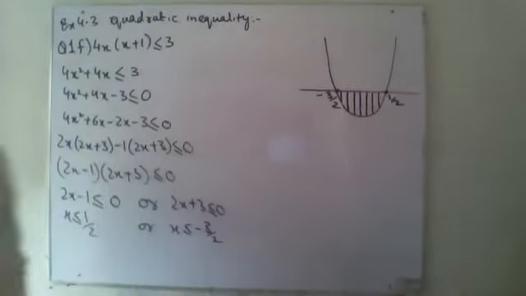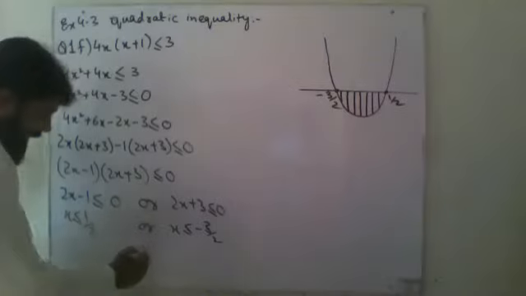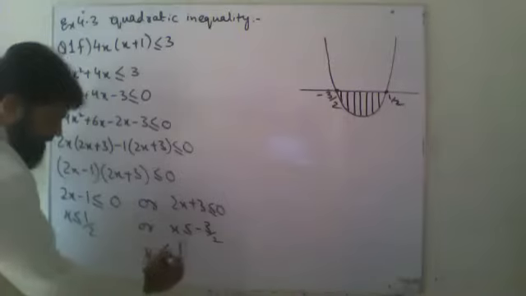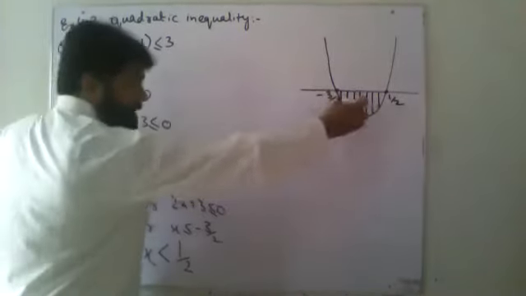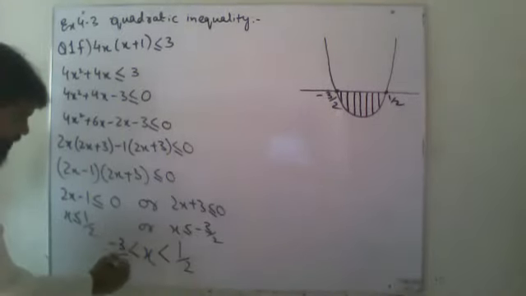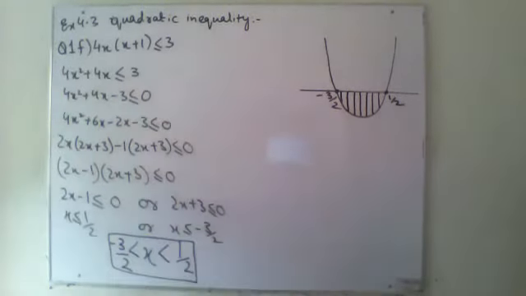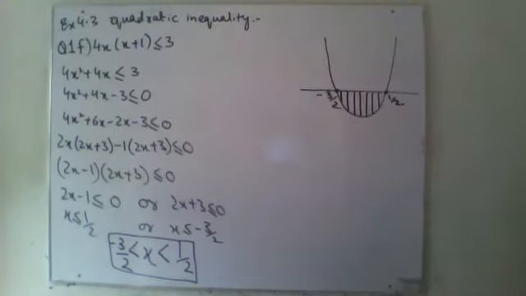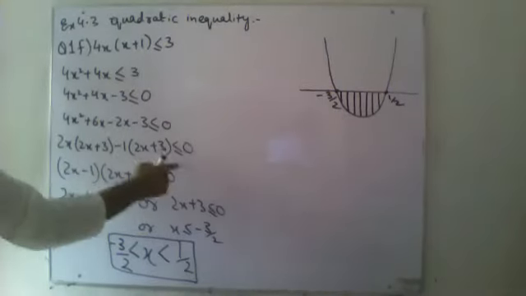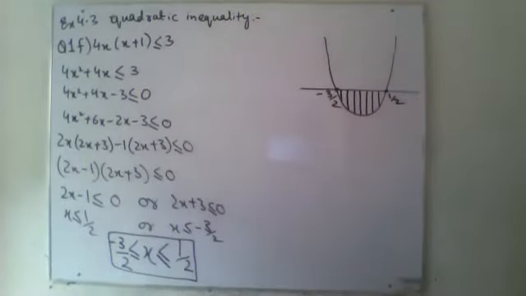I will have this one, as it is a continuous one, so x I have written x is lesser than half. X is lesser than half. X is greater than minus 3 over 2, and that is going to be your final answer. Okay, it will be when, because it was coming lesser than or equals to, so this will also be lesser than or equals to.